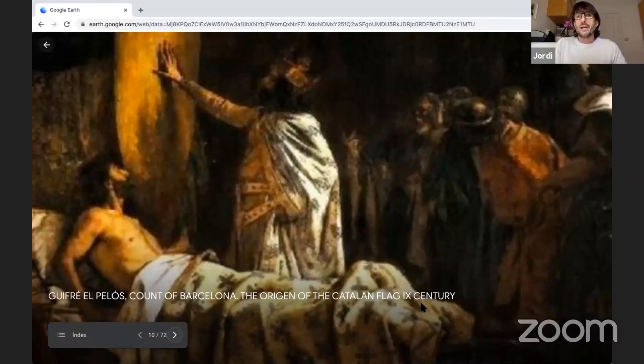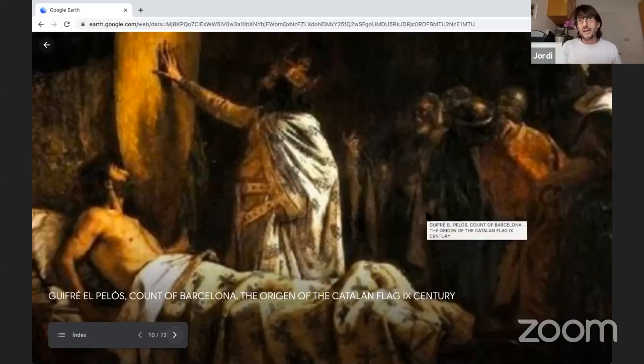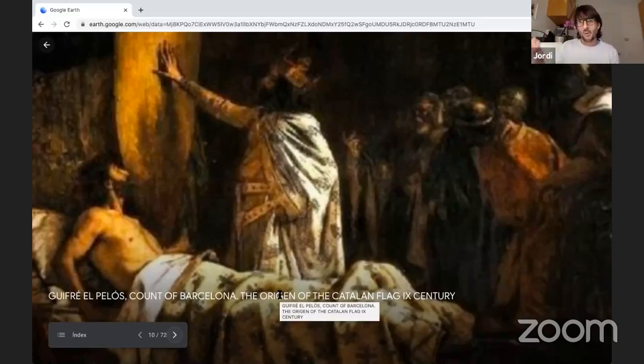And here we can see a painting about a legend. This painting shows us a legend, the origin of the Catalan flag. Here on the bed we can see the Count of Barcelona in the 9th century. There was a battle, the Count of Barcelona with the King of France, and they fought against the Muslims, and the Count of Barcelona was wounded, and here we can see the Count after the war, and the